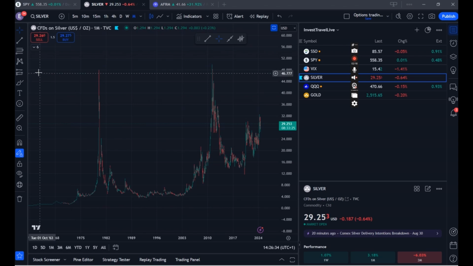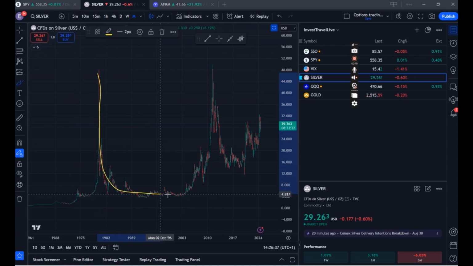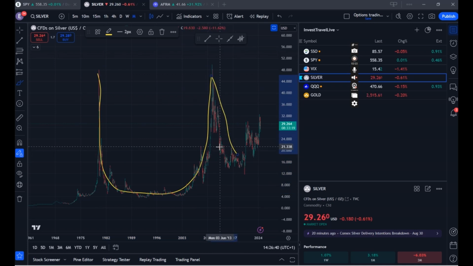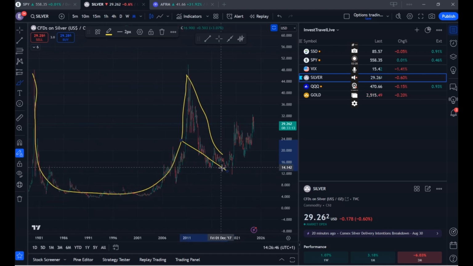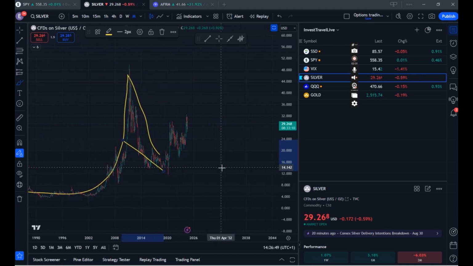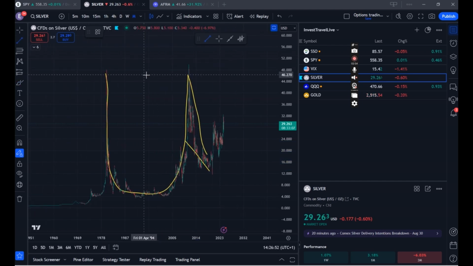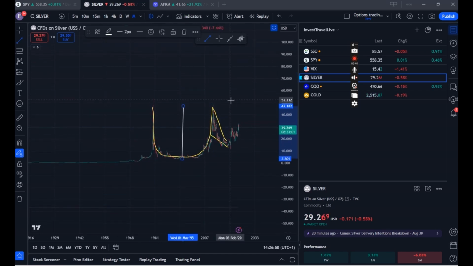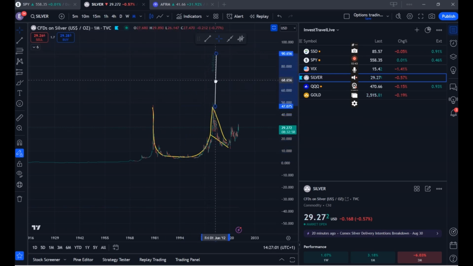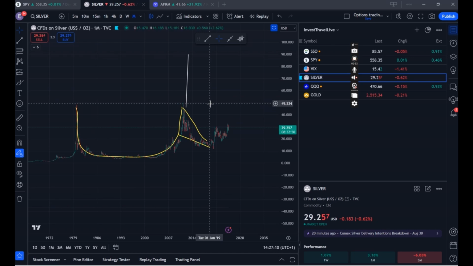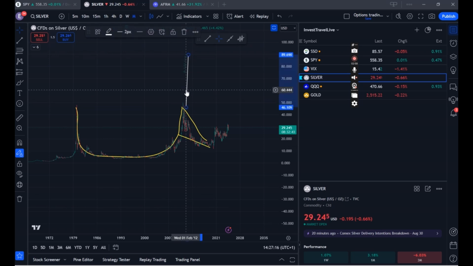Silver, I think, is a great place to be in as well. Funnily enough, I've noticed a similar pattern. This is a cup, and you could argue this is a handle, but this is happening on a 30-year time frame, so it's a very large time frame you're looking at. The potential target for this, who knows, maybe in the next 10, 15 years, will be a measurement of this cup. That would put silver around $90 per ounce. Again, we're nowhere near breaking the all-time high. We're still around 30 when the all-time high was around 50. So we still have ways to go.